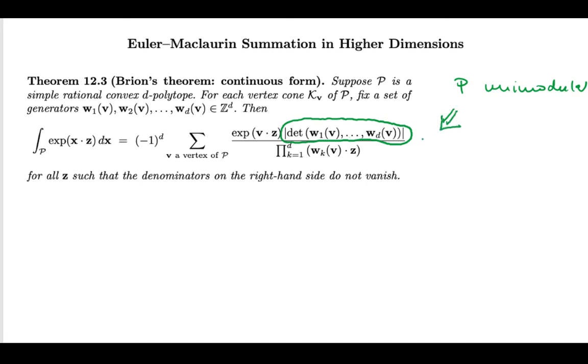If you have a unimodular polytope, then these generators form a lattice basis, and so the absolute value of the determinant is 1. I should also tell you that for this continuous version of Brion's theorem, we assume that we have a simple polytope, and so again, this is automatic if P is unimodular. At any rate, the Khovanskii-Pukhlikov formula starts with the integral over this perturbed polytope,